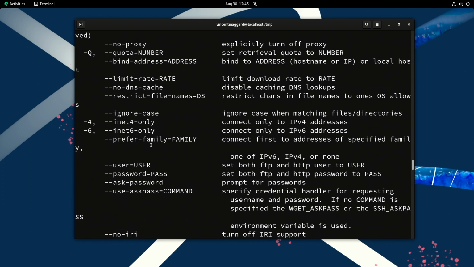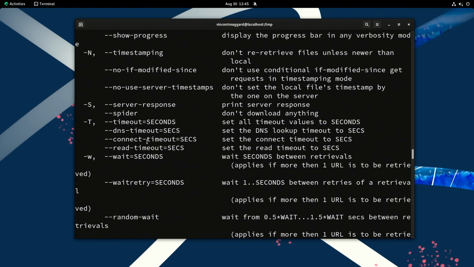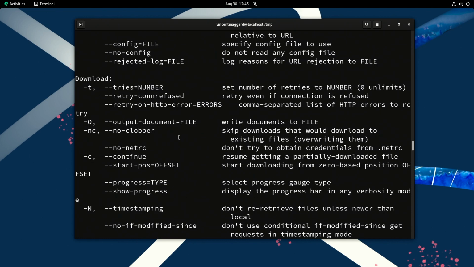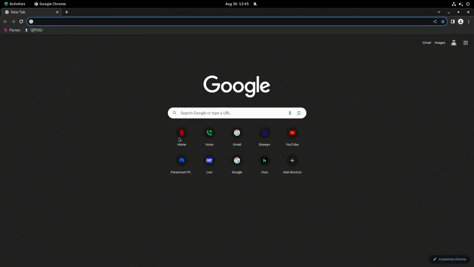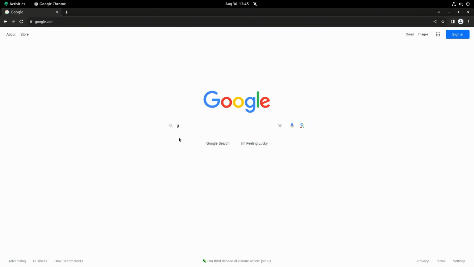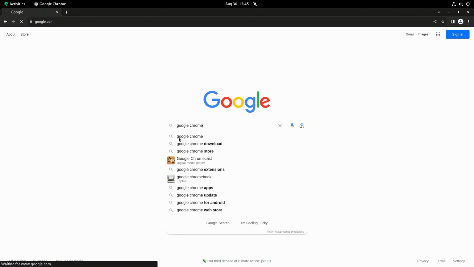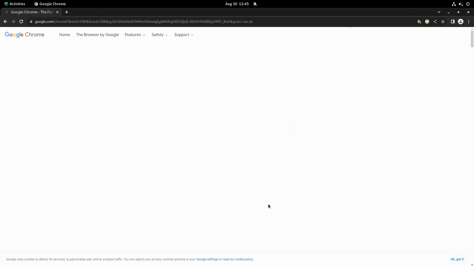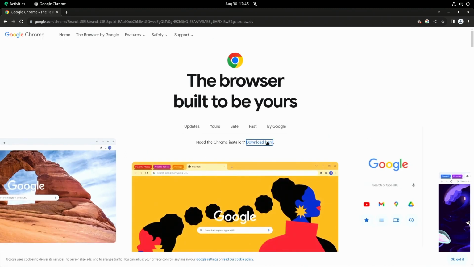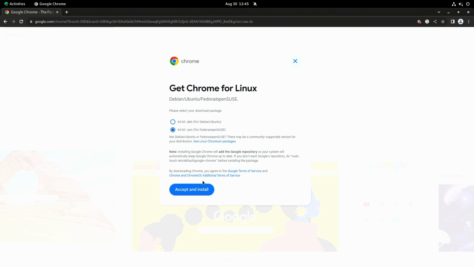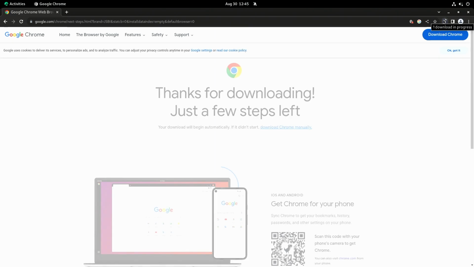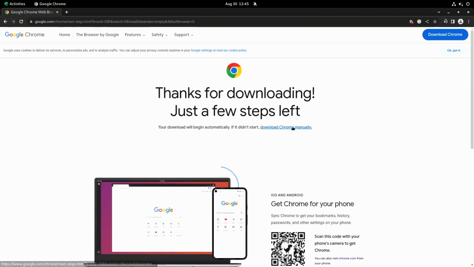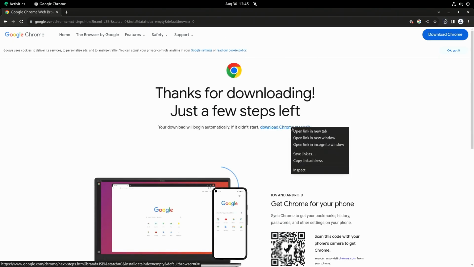But generally what I use it for is just to download deb packages. For example, let's say I want Google Chrome. Now I know I already have Google Chrome, but let's just pretend I didn't. Here's what we could do. We could go to download now, hit download here, choose RPM 64, and then I believe it gives me, here we go, download.